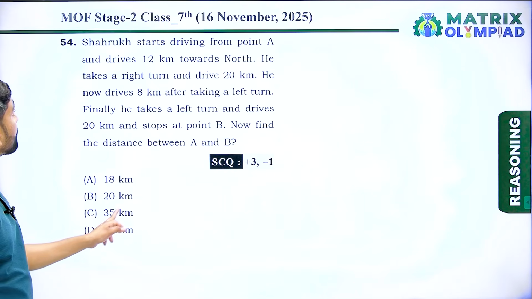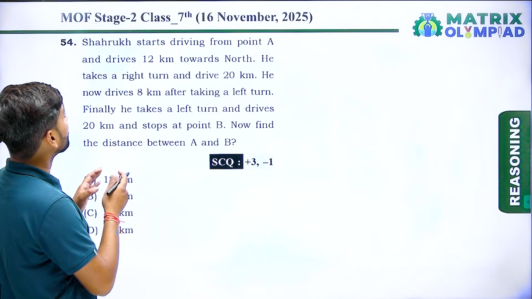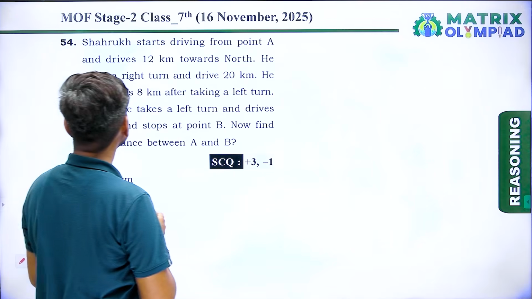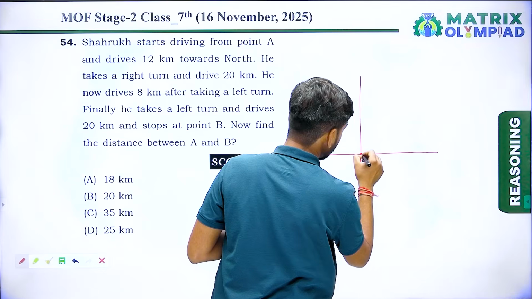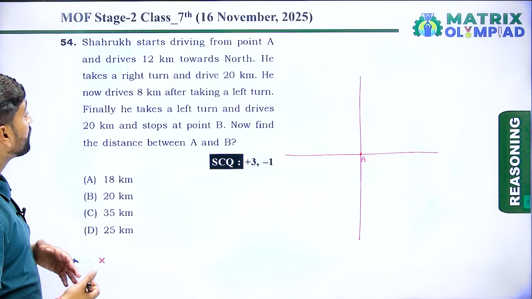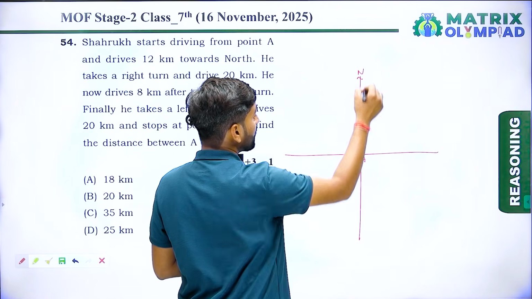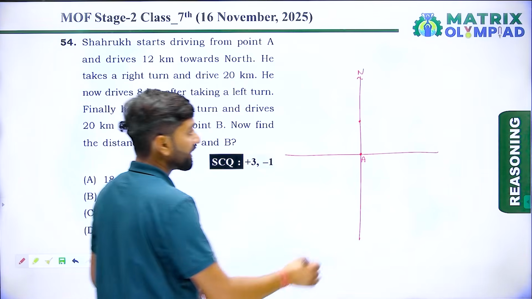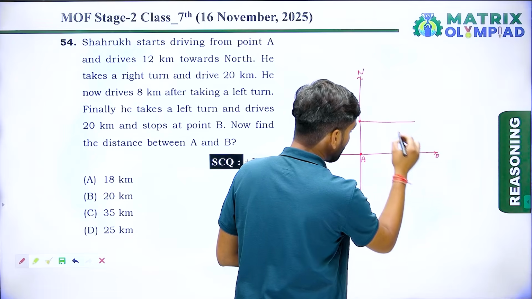Now let's move to the next question. Question number 54. In this question we have a direction problem which states that from a point A, suppose here is point A, Saruk traveled 12 km toward the north. Here is the north, and he travels 12 km from here. Now he takes a right turn, which is in the east direction, and travels for